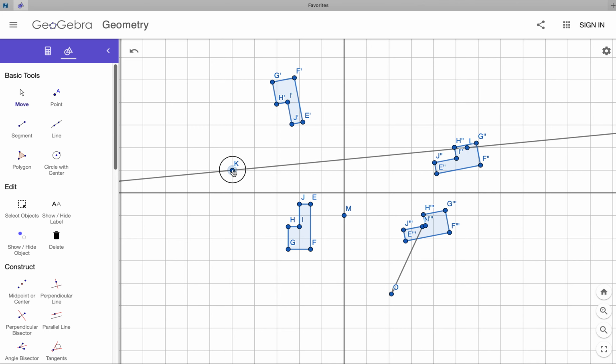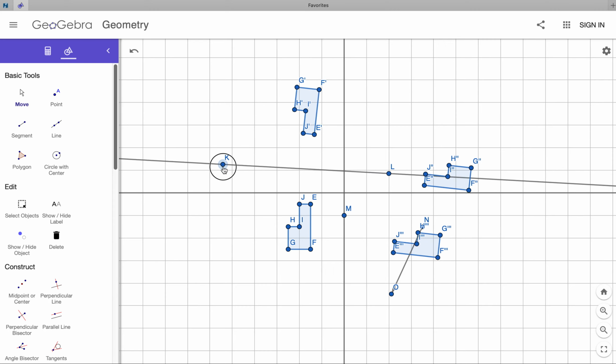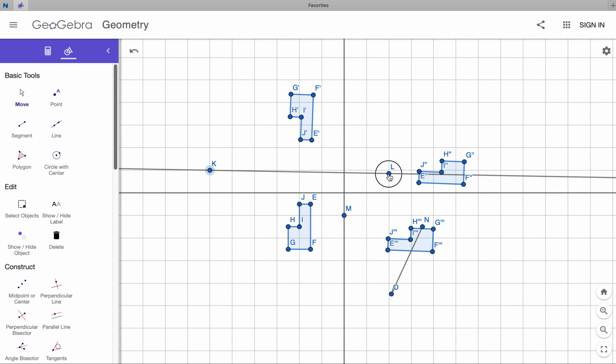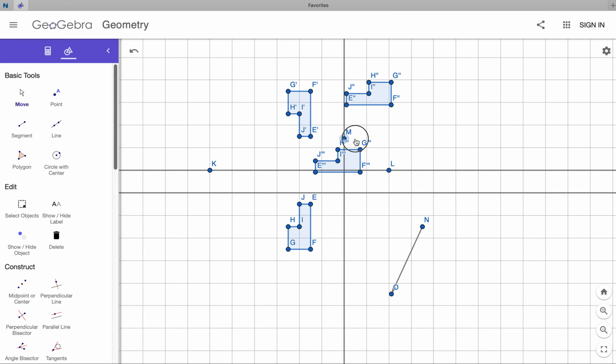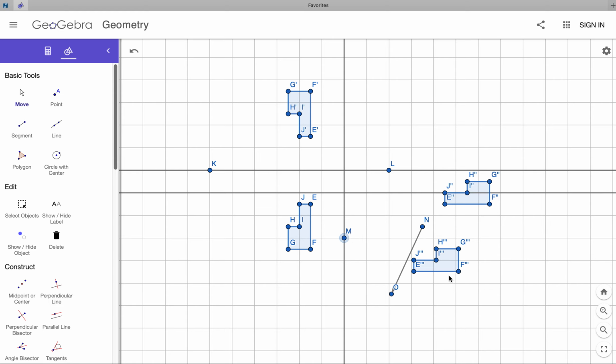If I move K, what was the other line? L. I can move L there, and now K there. And now I'm reflecting over that line. I'm still rotating about the point M. I can move the point M, which changes what I'm rotating around. These two are still fixed because they're fixed by that vector. So there's all sorts of things on GeoGebra you can play around with, but the heart of this lesson is